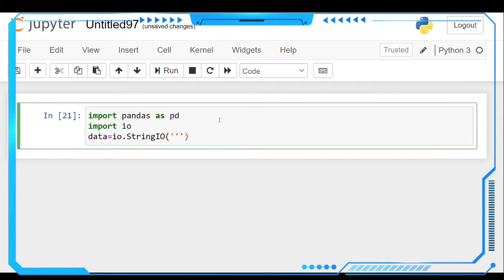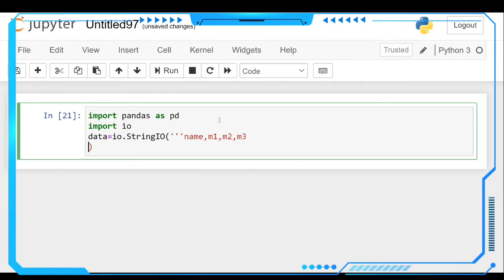After the triple quotes we give the column names in the first line: name, comma, marks 1, marks 2 and marks 3. We need to check the students' marks in three subjects, mark 1, mark 2 and mark 3, and we separate them all using the comma operator. There the functionality comes into the picture.